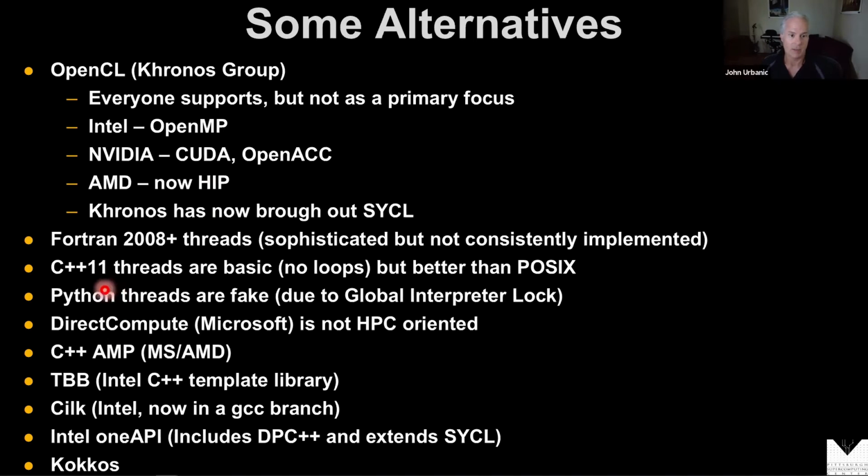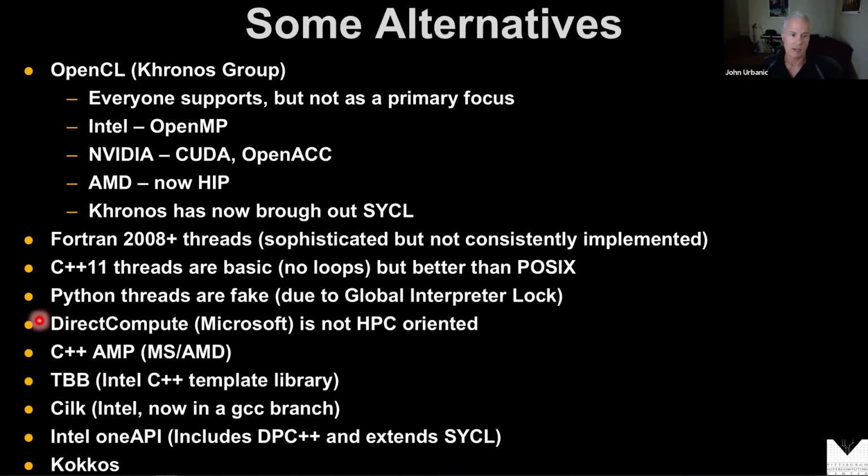Python threads are fake. This is an unfortunate thing. Python has a lock inside of it. If you were taking the OpenMP course, we could discuss this a little bit more meaningfully, but Python has a GIL, a global interpreter lock built into it, which makes it very, very serial. So Python just runs extremely serially. It has a thread library, but the thread library doesn't actually run concurrently. It just kind of runs sequentially. So there's no point in threading in Python.